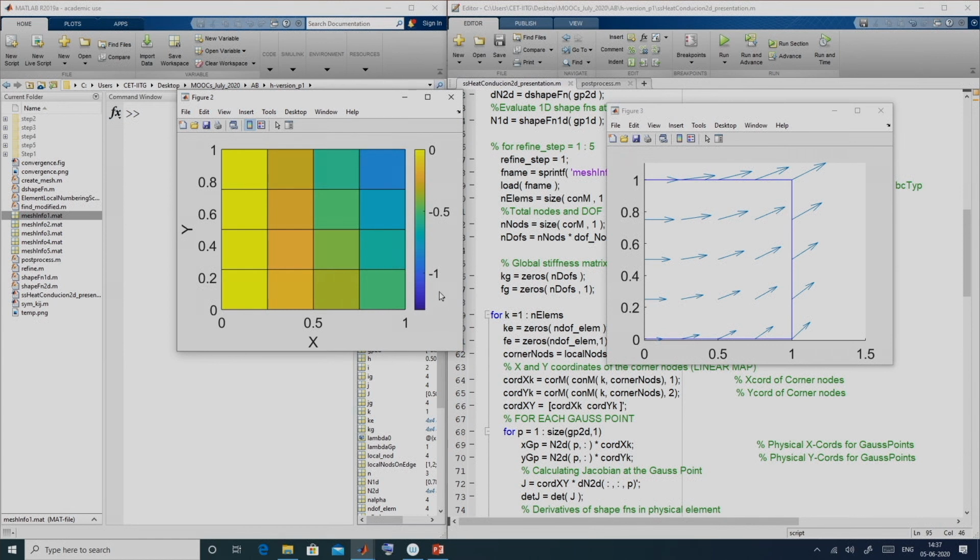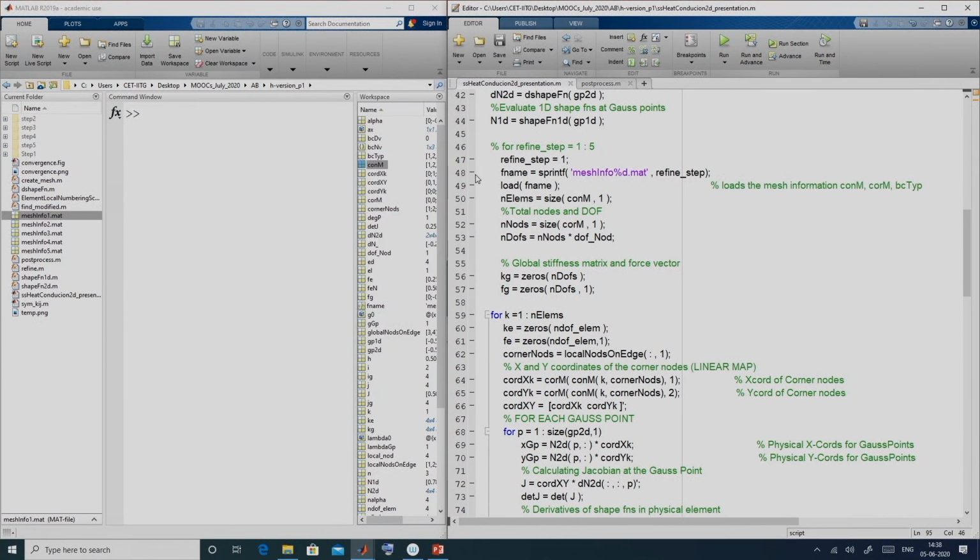So in this case it is negative, and you can just click on the data point, the value is minus 1.3, alright. So next we are going to increase the number of elements, alright, and we will just note down how the temperature at that upper right corner is varying, alright.